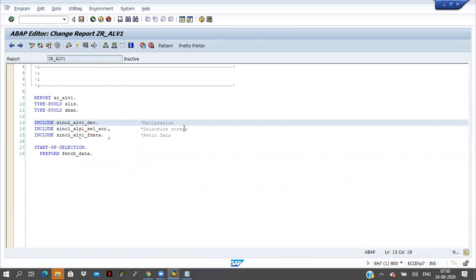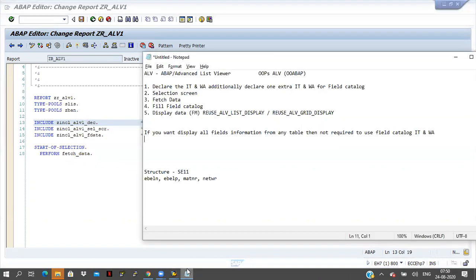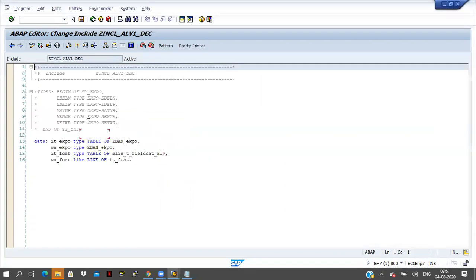Okay. So if we created the type group, then only we have to use it like that. Otherwise, it will throw an error here. Now, as mentioned here, declare the internal table and work area. I have already declared the internal table and work area for fetching data. After that, additionally declare one extra internal table and work area for the field catalog. For that same thing, I am declaring one internal table, that is ITFCAT type table of SLIS